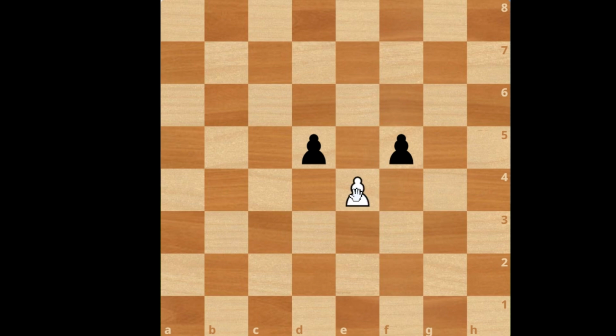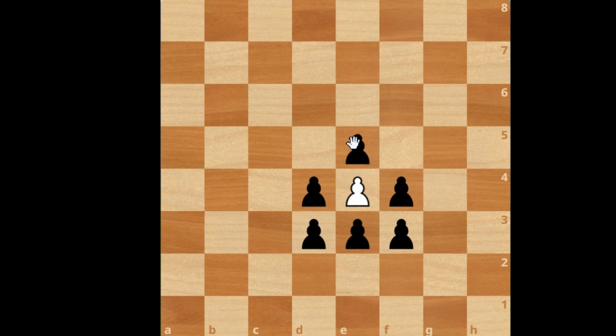As you can see, the pawns cannot be over here, here, or here. In these places, the white pawn cannot capture the black pawns, any one of them, as a pawn may not move backwards. I'll just show you a diagram. So let's just remove these other pawns, and now let's see a diagram.